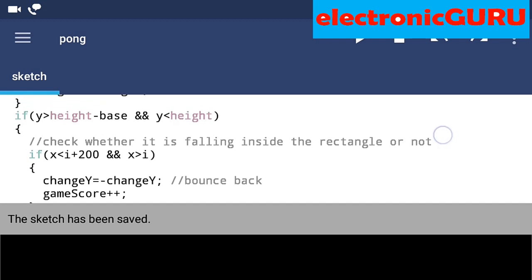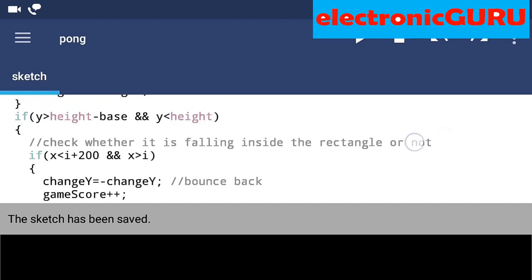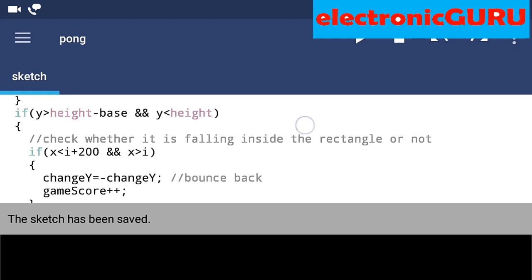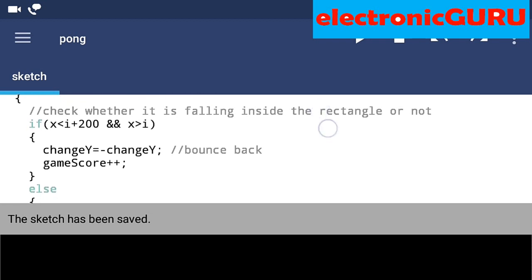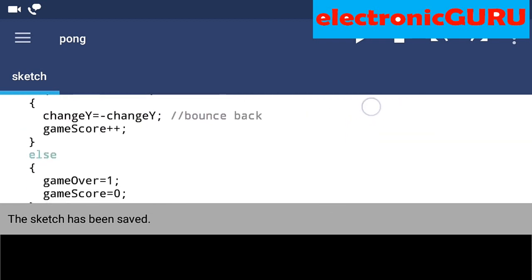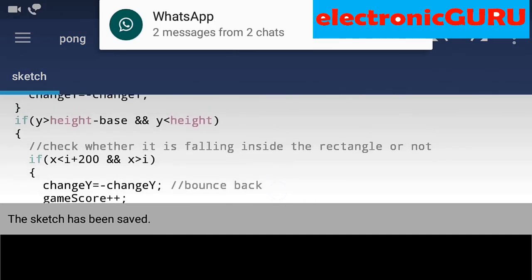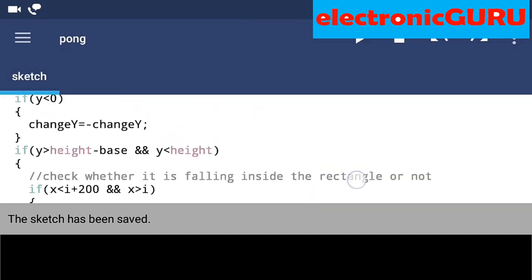And another condition: if y is greater than height minus base and y is less than height, that means the y coordinate of the ball is within the layer of the box, the rectangle we defined, the box which you are moving. So it's a Pong game. That means the coordinates of the ball are within the y dimensions of the box. Then it will check whether the ball is within the width of the box or not.